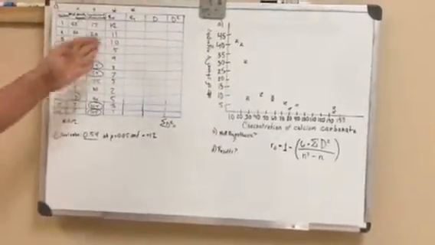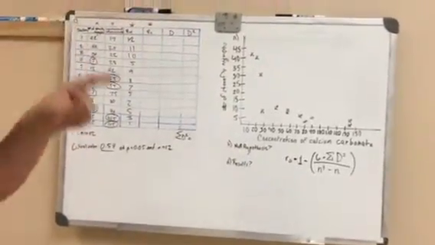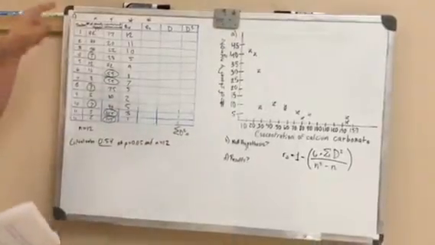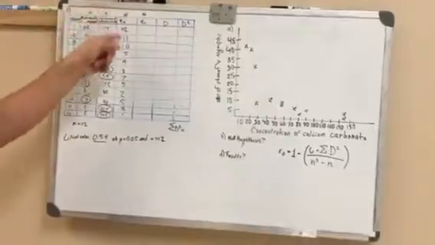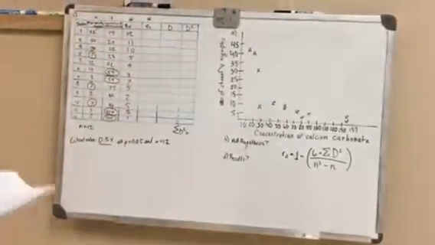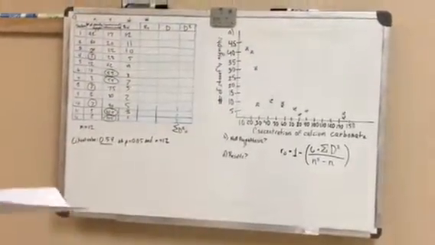We're going to do the same thing for Ry. I've labeled it Rx and Ry because the number of stonefly nymphs is X and the concentration of calcium carbonate is Y, so the ranking of X and the ranking of Y. These are things that we need in order to perform the test. So now we're going to